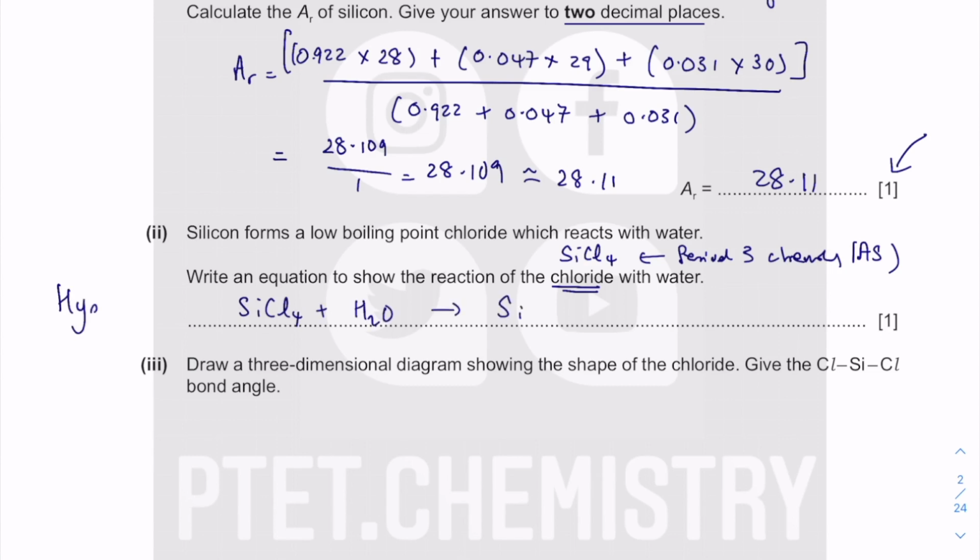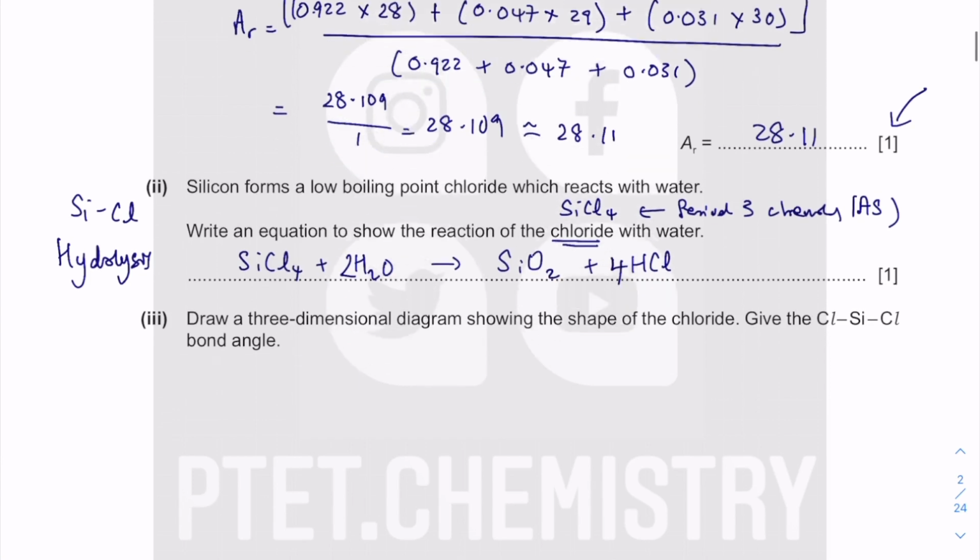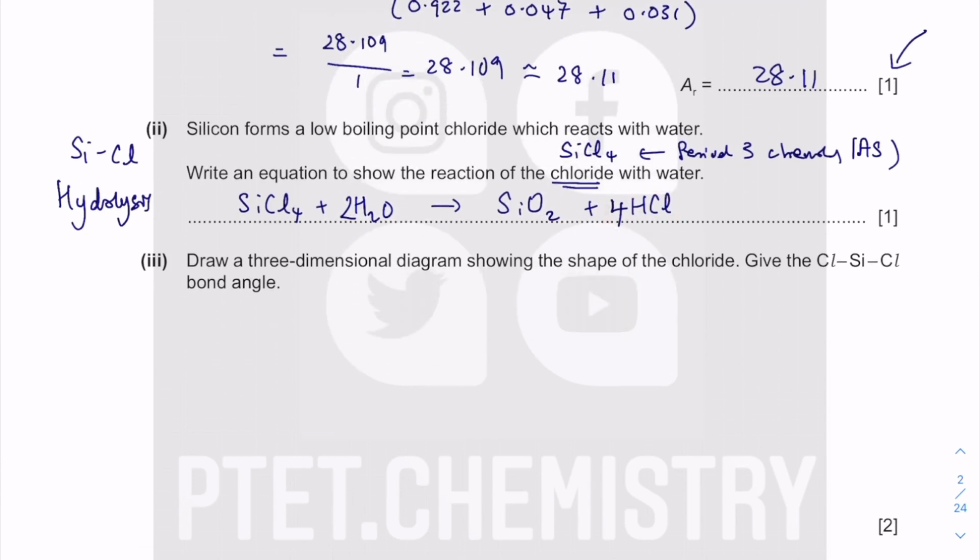So the type of reaction is hydrolysis, where you break the Si-Cl covalent bond and you get this white solid, which is the giant molecular structure of silicon 4 oxide, or what you call silicon dioxide, and you release these corrosive toxic fumes. You have 4 chlorine, so you need 4 HCl, and since you have 4 HCl, you need to balance it with 2 H2O to get it up to 4 hydrogen, 2 oxygen, 2 oxygen for 1 mark. Okay, and what you will see is white fumes, and this is because the reaction